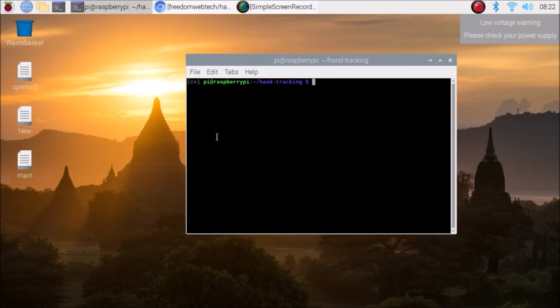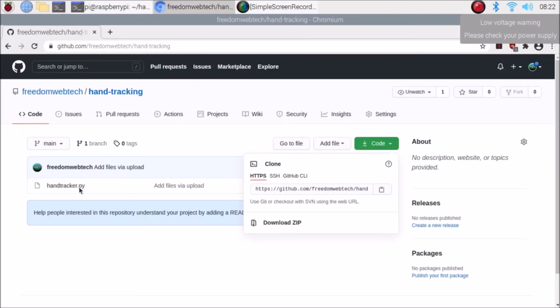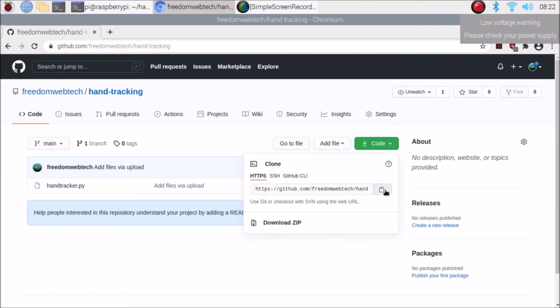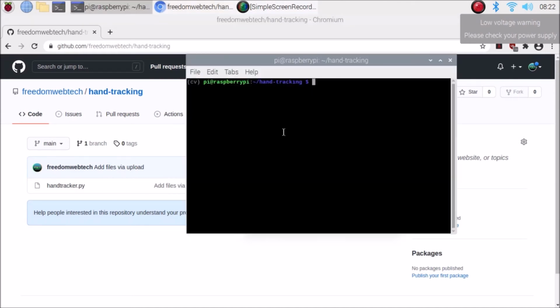Now you need to visit the repository, where this is our Python file, handtracker.py. Simply go here, copy the link, open the terminal, and run the command sudo git clone and paste that link.